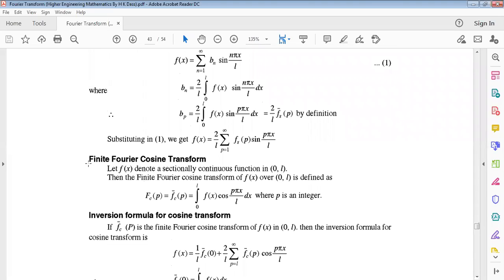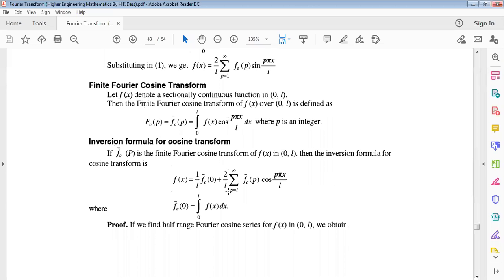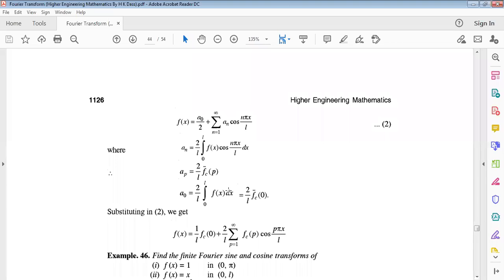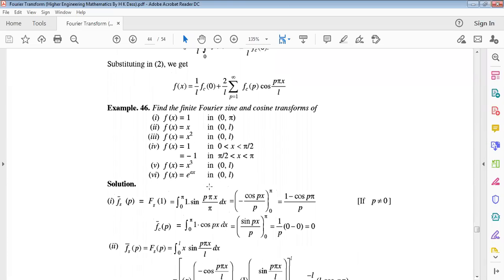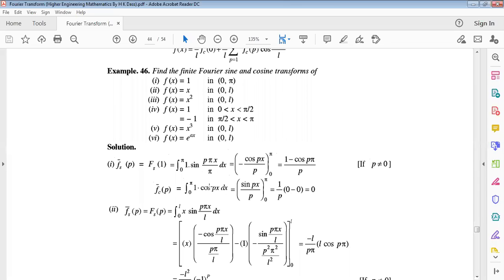Similarly for the Fourier cosine transform, we use cos in place of sine, with the same parameter p. The proof is also the same, this is left for you. An example,